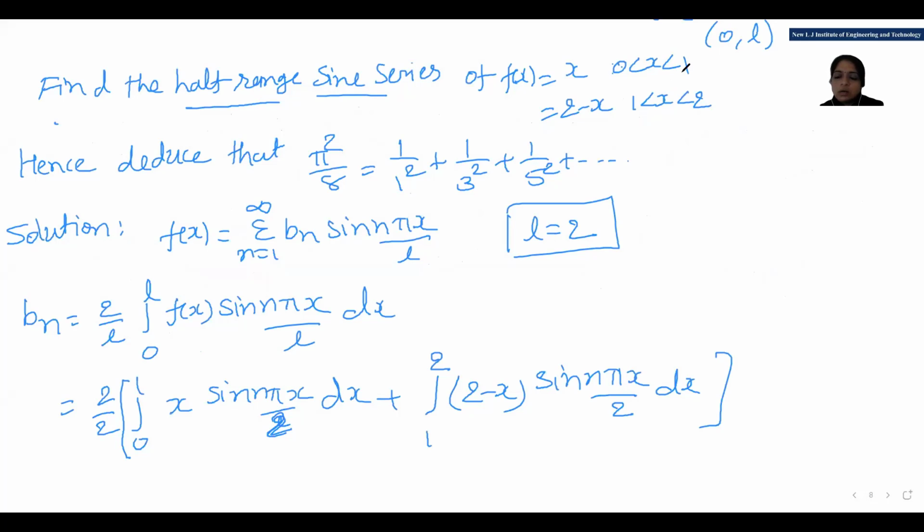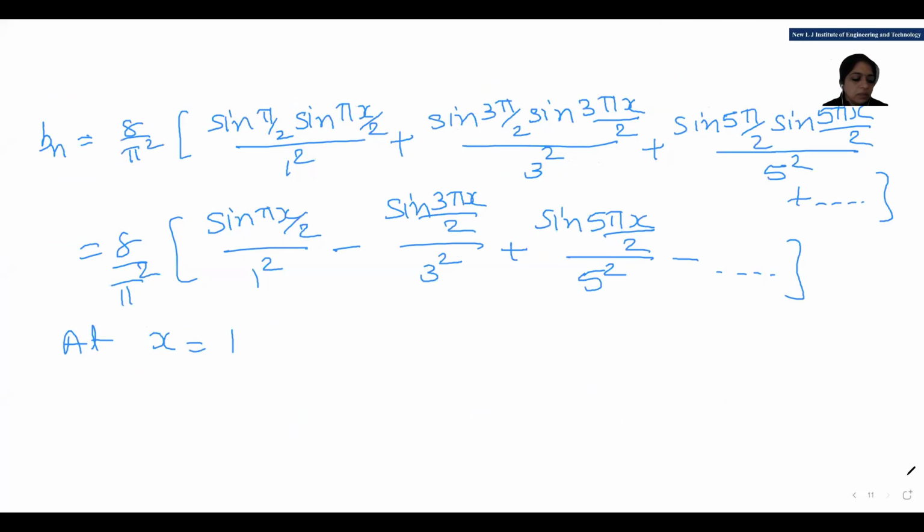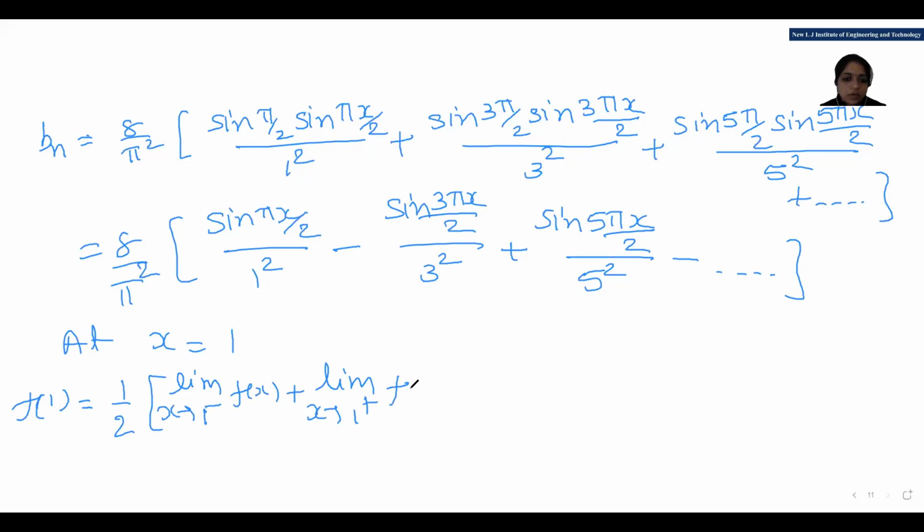So at 1, for 0 to 1, the given function is x. And for 1 to 2, our function is 2 minus x. So what about at exactly 1? For that, we have to take the limit. That is, we have to find the value of f of 1, and for the value of f of 1, we have the formula 1 half